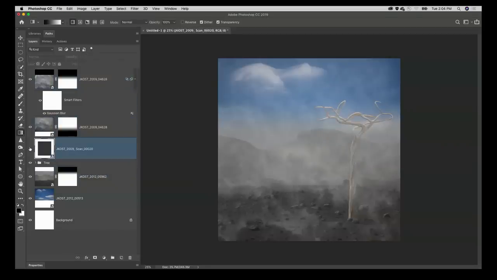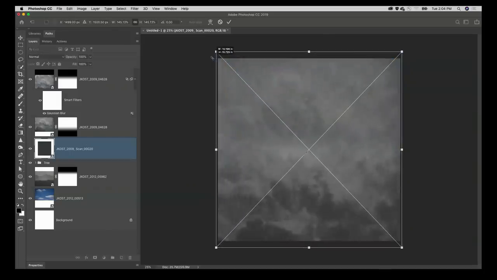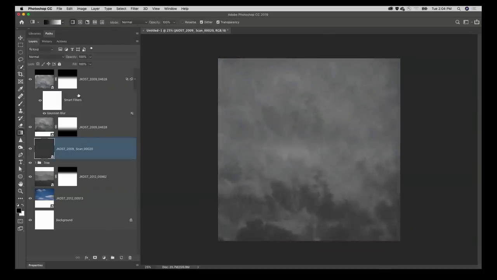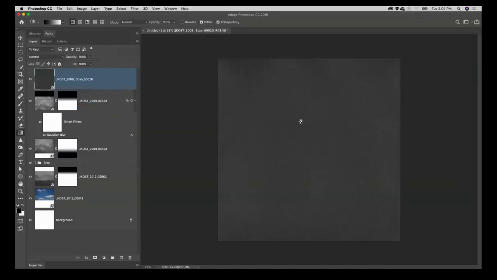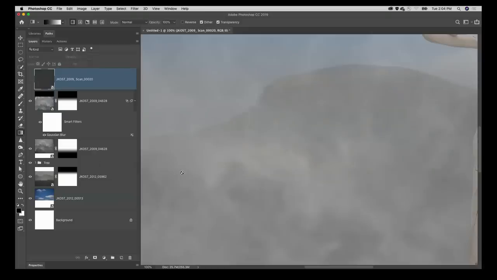Okay, I have another layer here, right here. I just added it as a texture. We'll do Command-T. I will use the Option key and just drag that up. And I'm just going to put it at the top of my layer stack above the steam. What it's going to do is this little teeny texture, if we go into 100%, you see that little grain there? It's just going to help the images that don't